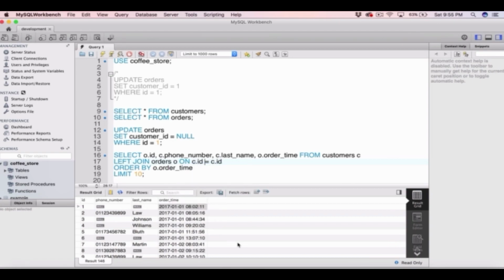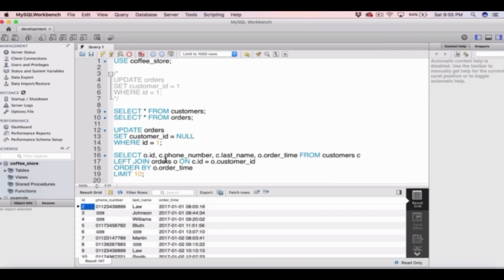is equal to O.customer ID. So I need to switch those two around as well, and then I can run this select statement where I've switched table 1 and table 2 around, and we'll see what we get in the result set. So you can see now from the result set that the first row returned doesn't have an ID of 1, and that's because customers is table 1, so left join is trying to find data from the customers table, but it can't because we've broken the link for ID 1, so it can't return any data on ID 1,